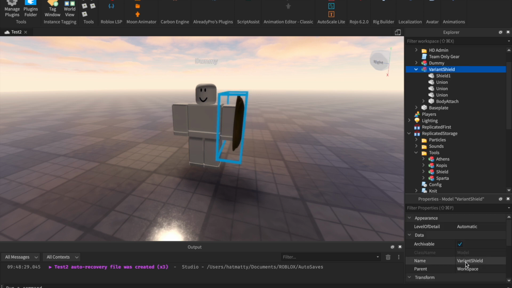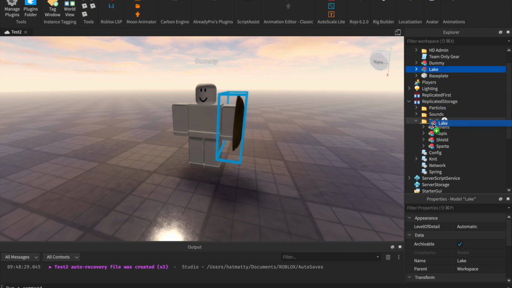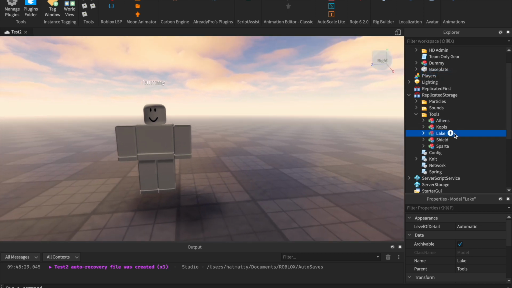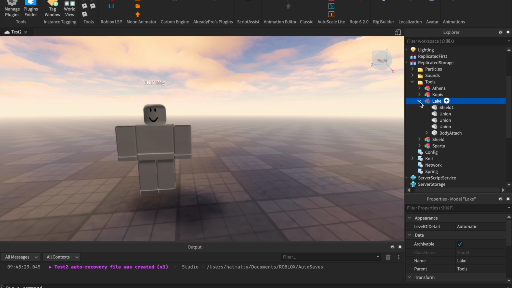We're almost done. So I'm just going to go ahead and create a name for the shield. The name must be unique, as that's basically the identifier for the shield. So I'm going to name it Lake Tech Shield. So we're going to go ahead and drag this in to the tools. And there we go, but there's one more step that we need to do before this is fully finished,